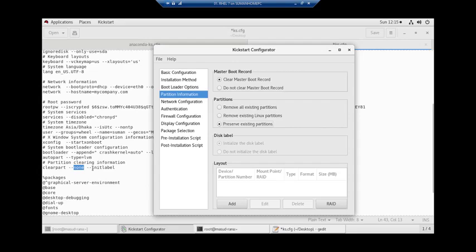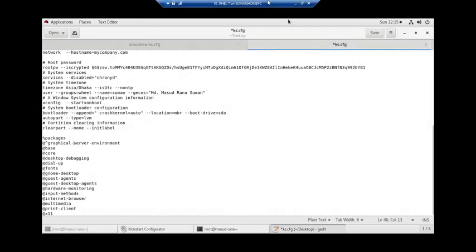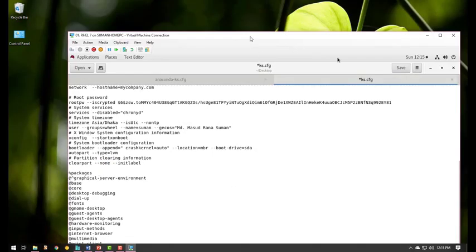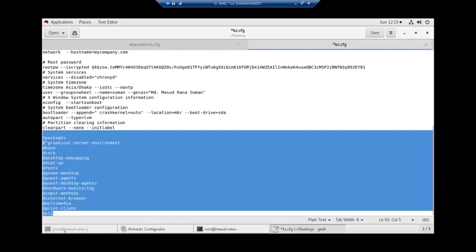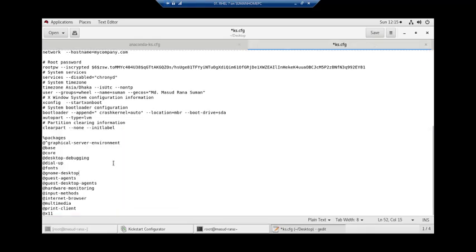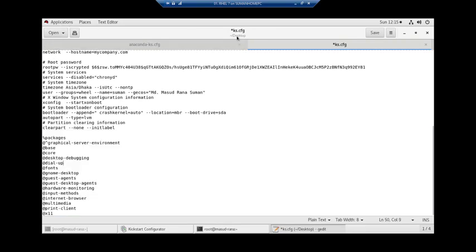Existing partition will be created by none. So I am taking this packages information here. This packages information are here. Let me save this file here.